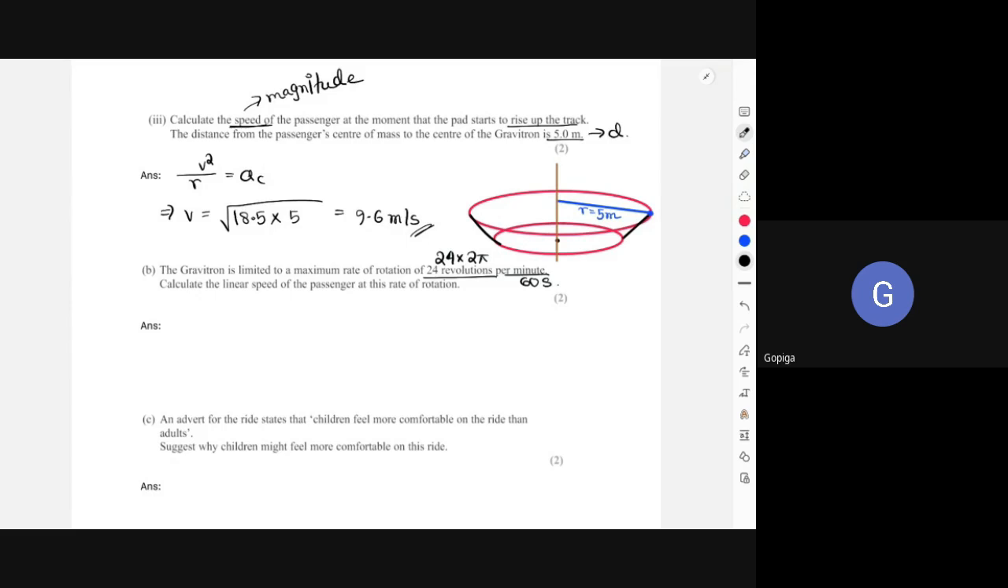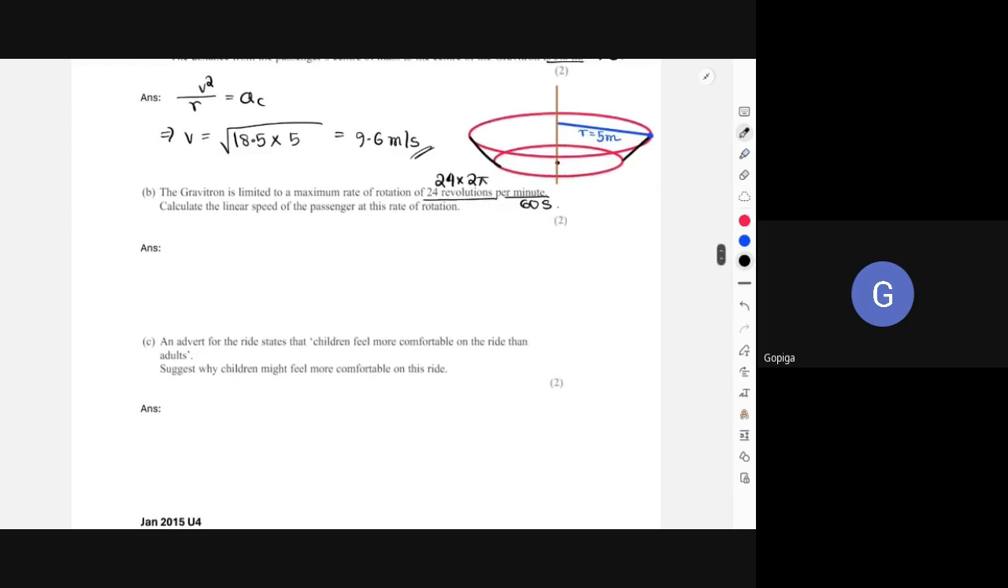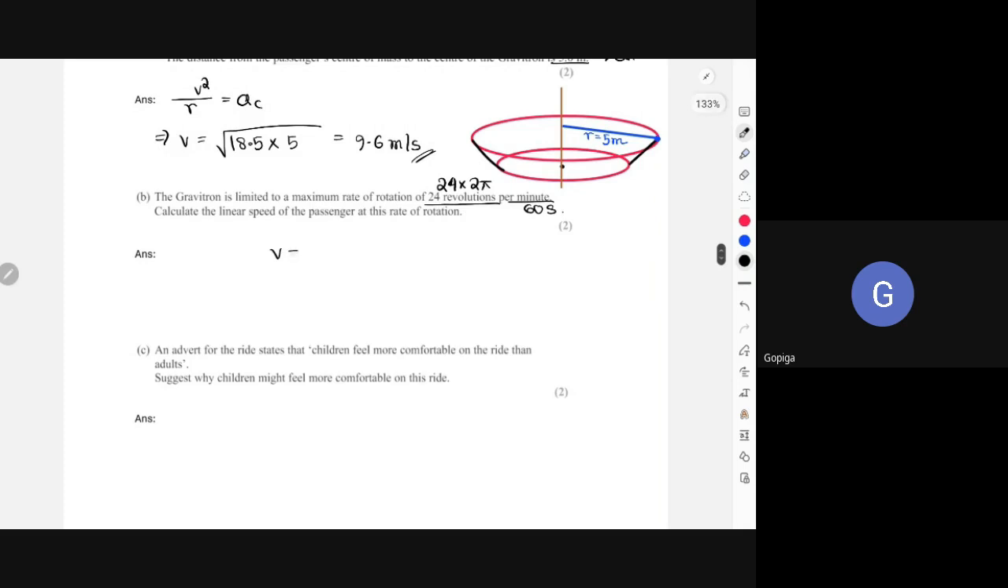One minute. Am I making any mistake? Now we are talking about the linear speed again. This time we have to use that arc length over the time. That is another equation we have to use for linear speed. So which is again v equals arc length over time. For arc length we have 24 times 2 pi. R is already known to us, right? R is still 5. Sorry, arc length is